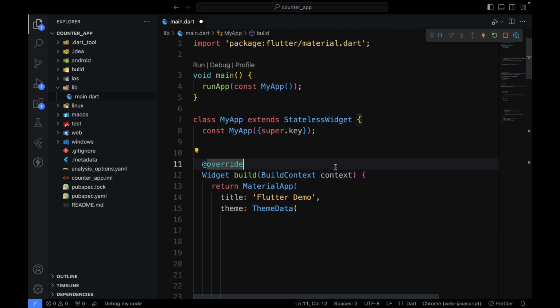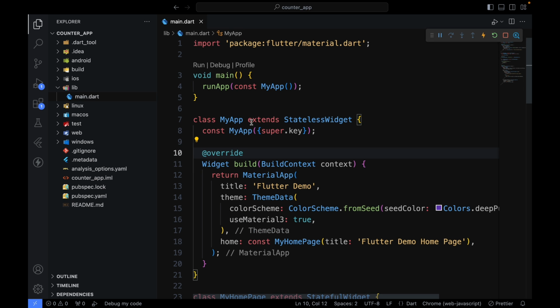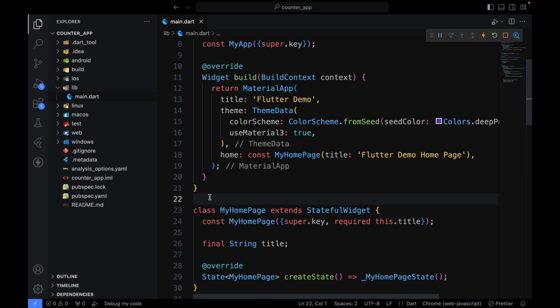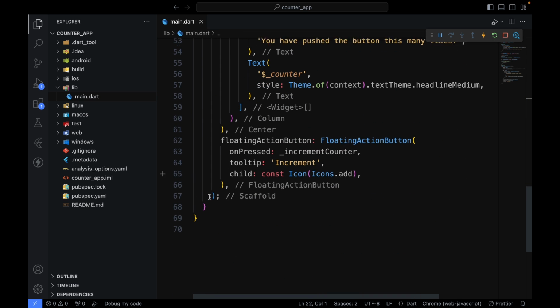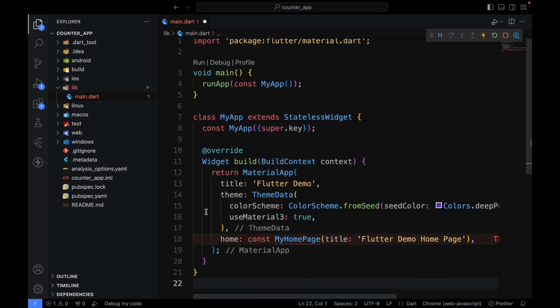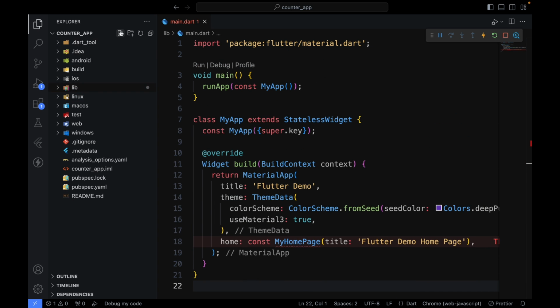After that, I can just press Command S, which will format the entire document for me. And now all the comments are out of my file. The next thing I want to do is just take this home page and put it in a separate file of its own. So I can just create a new file in